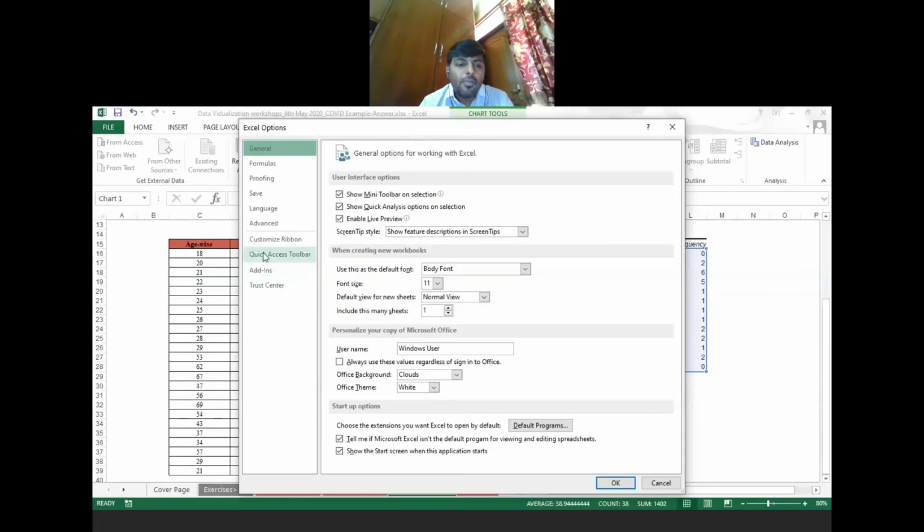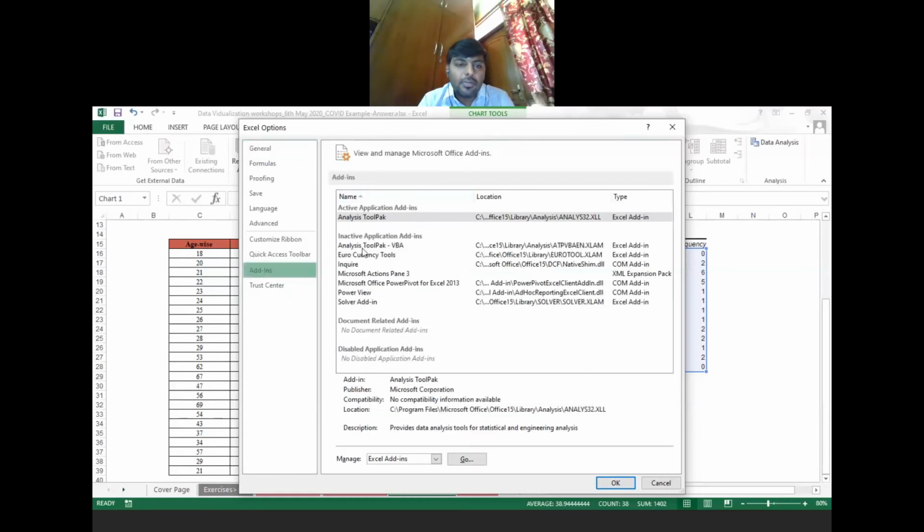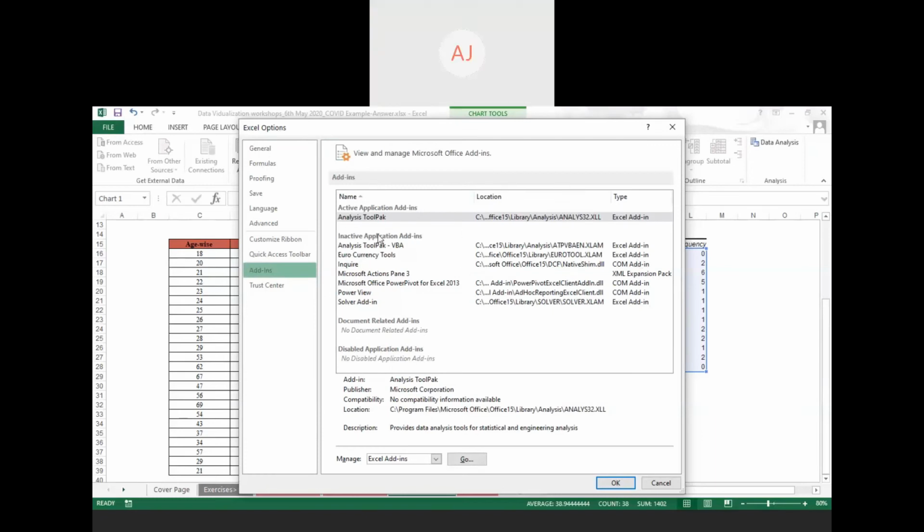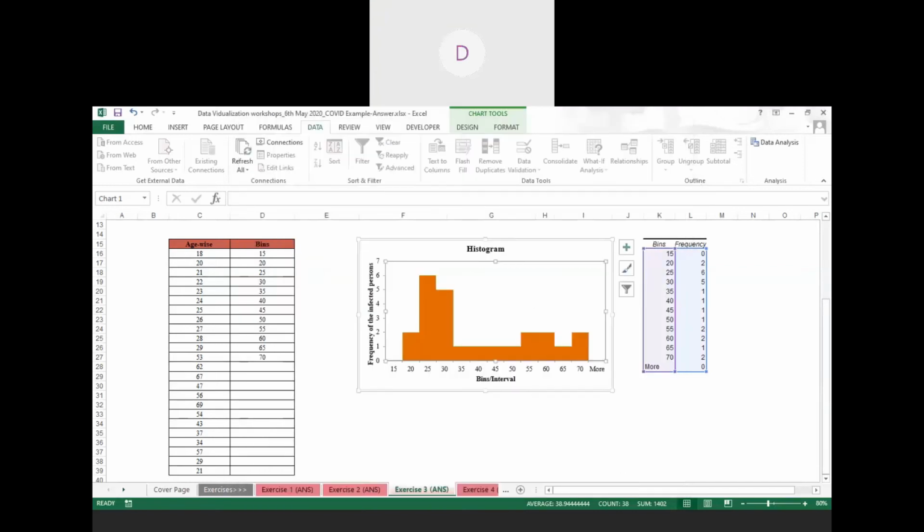Then click on the second last option, that is Add-ins. You'll get a window like this. In this window, there is an option, just search for it: Analysis ToolPak. Now, click Add-ins and then Analysis ToolPak, first option. Go. Then OK.